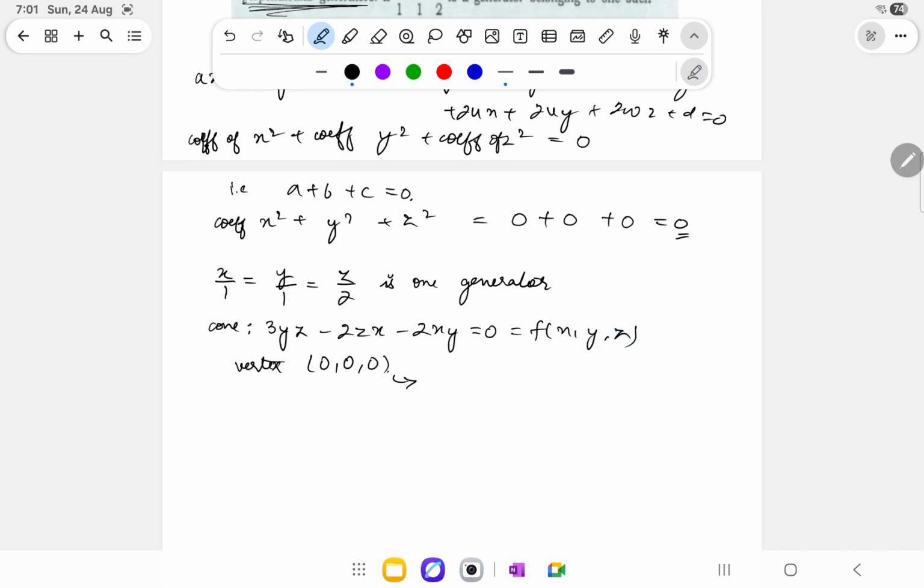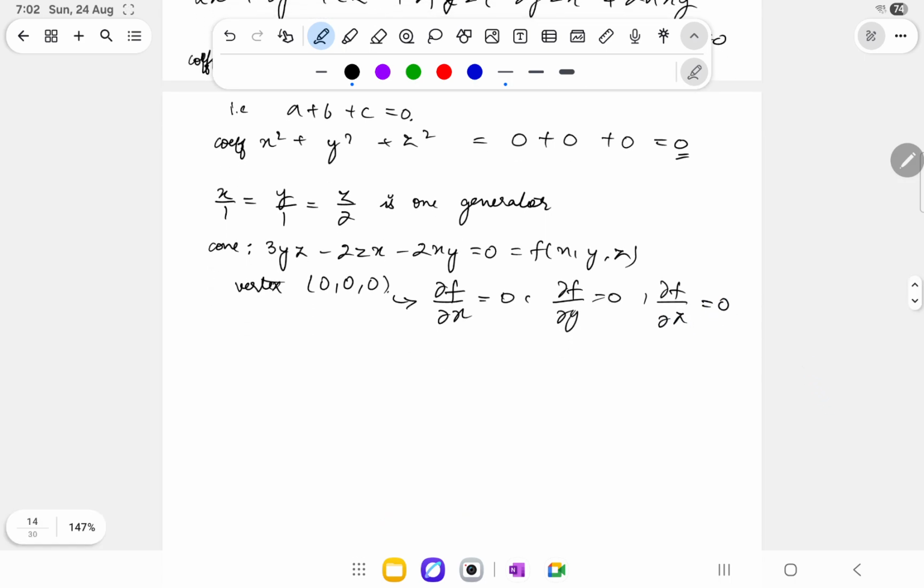This is basically a homogeneous equation, so you can solve del f by del x equals to 0, del f by del y equals to 0 and del f by del z equals to 0. If you solve these three equations, you'll get the vertex as this. So any arbitrary